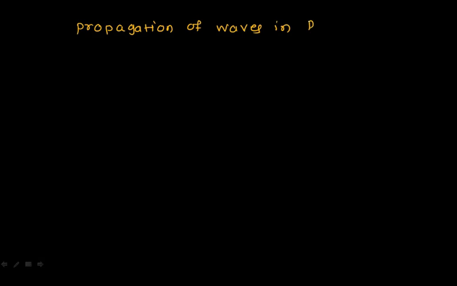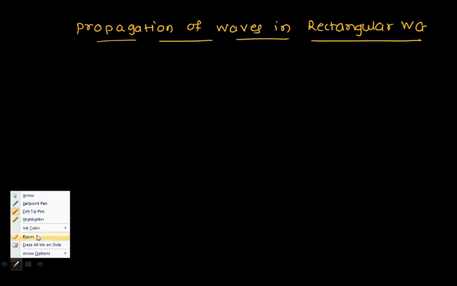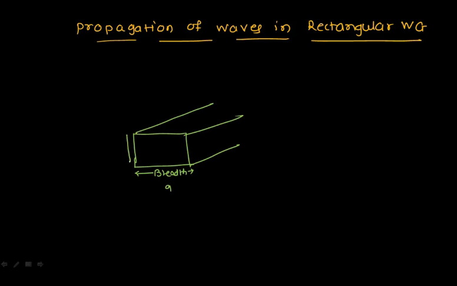In rectangular waveguides, as we have already seen, the shape of that particular opening is rectangular. So I think we have already seen this kind of structure: a single conductor transmission line, an enclosed hollow metallic tube. This particular side is the breadth, and the longer side is always denoted by a, and the shorter side, which is the width, is always denoted by b.